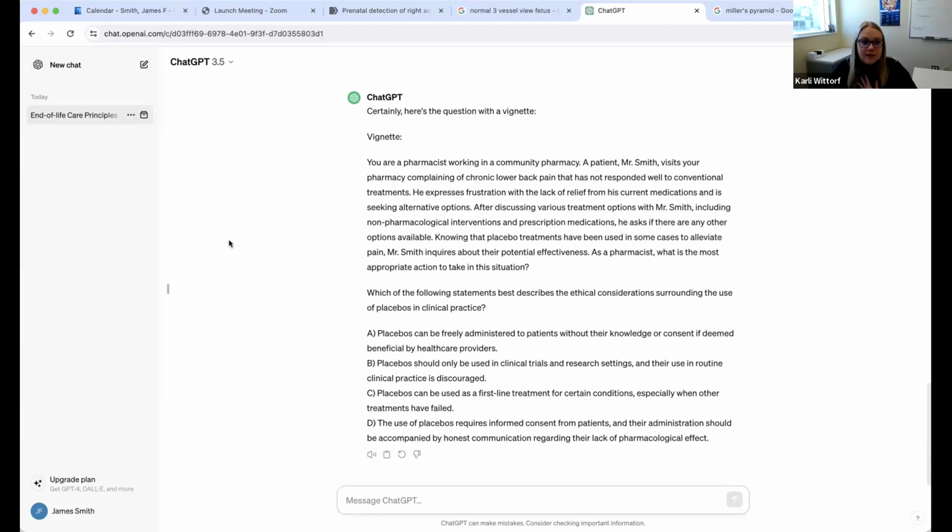I'd say I'm the same. I have not. I've heard other people use it more to help with the distractors a little bit. They know what they want to write, they know what they want their answer to be, but they're trying to come up with the filler distractors and then modifying from there.